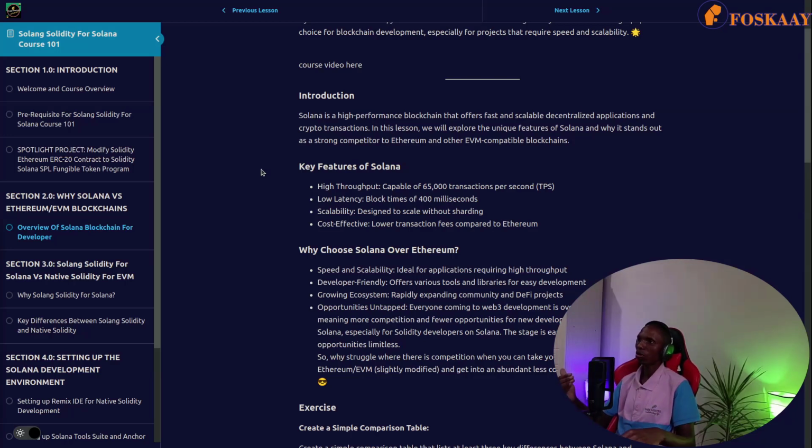Now, we also move to the fourth point, cost effectiveness. Number one is low transaction fees compared to Ethereum. And all these things also boil down to the previous things we've discussed, like the high throughput and the latency, because once there are so many people, it's the law of economics, like supply and demand. The more there is supply and less demand, the price will fall. And the moment there is short supply but more demand is mounting up,